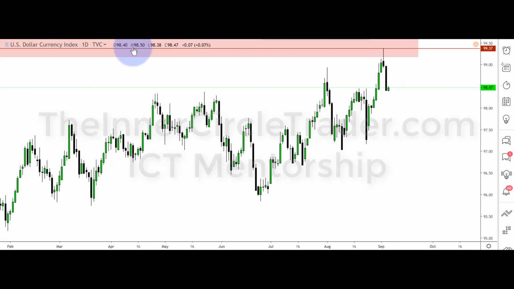Again, you can look at it right over here. The high comes in exactly at 99.37. Okay, so you can't get any better than that. It's perfection to the pipette. All right, so that right there above this old high, when it hits this level here, that's going to be